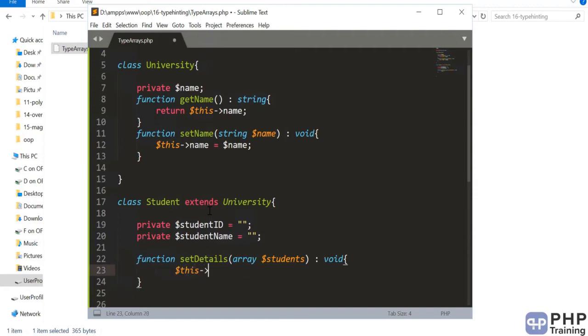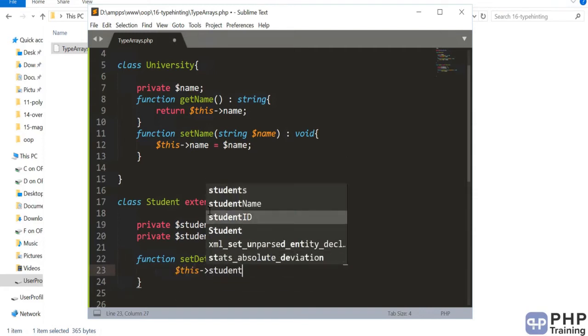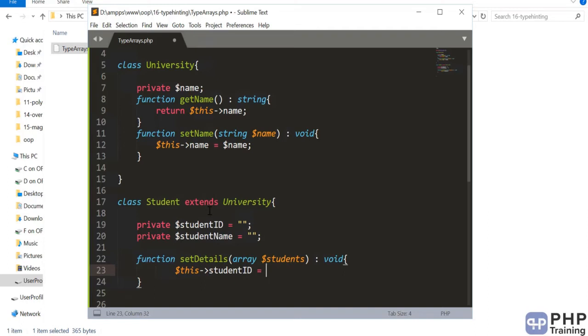So we'll say student ID is equal to students of ID and name.